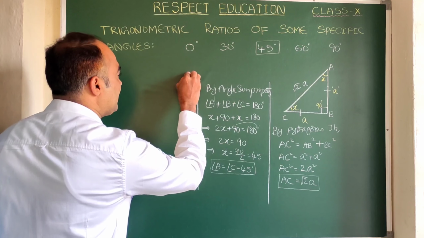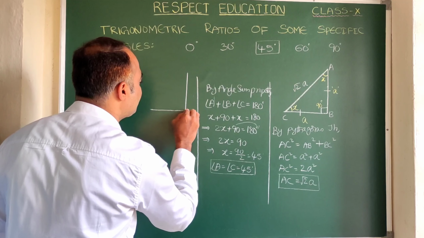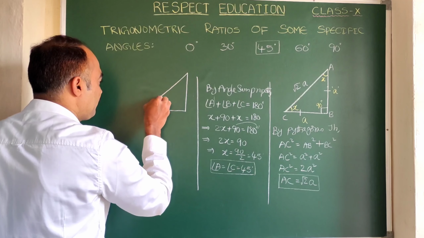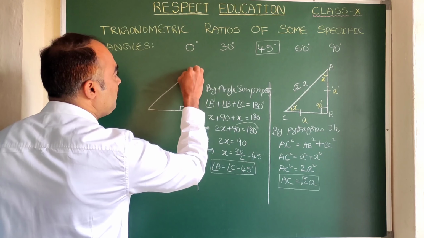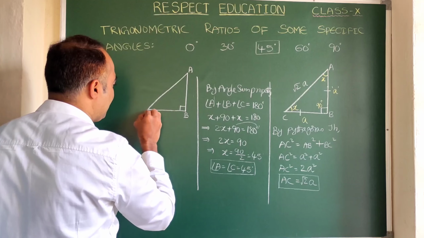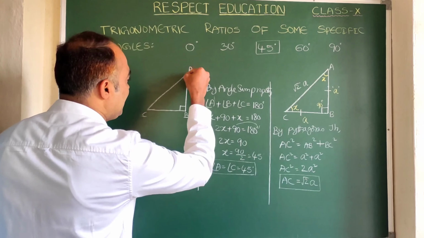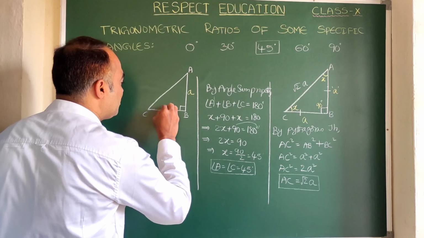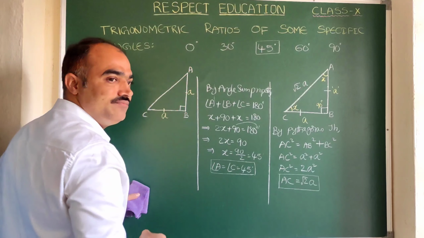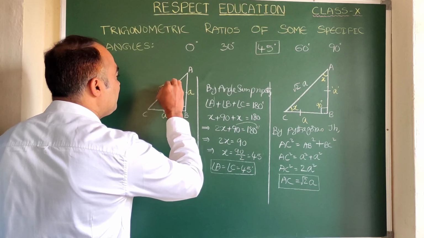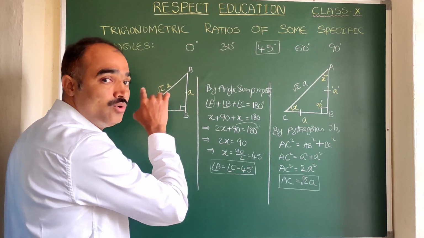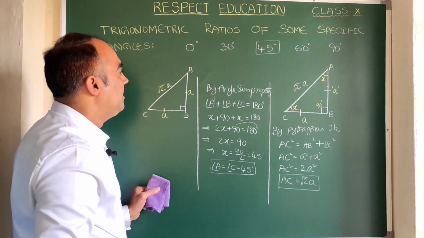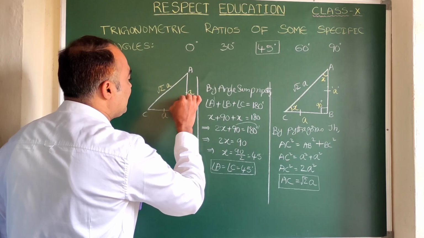Now here I am going to draw triangle ABC once again. Same triangle I am going to draw here. Here A, here B, here C. Now let us write the values. Here AB is how much? Small a units. BC is also small a units because these two are equal. And AC is root 2 a, under root 2 into a.